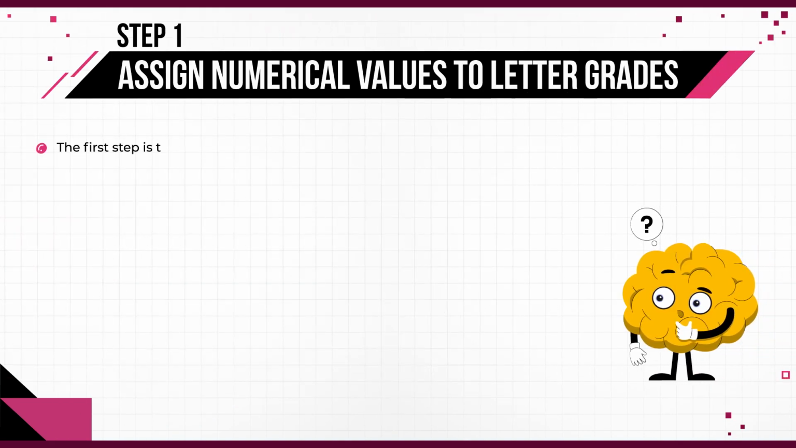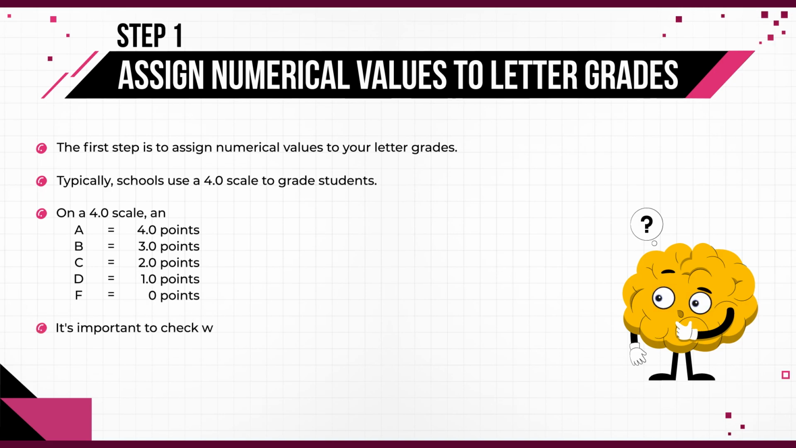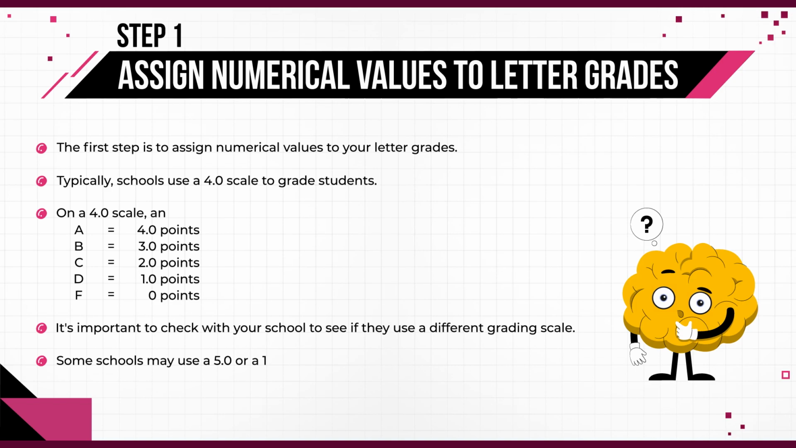The first step is to assign numerical values to your letter grades. Typically, schools use a 4.0 scale to grade students, where an A is worth 4.0 points, a B is worth 3.0 points, a C is worth 2.0 points, a D is worth 1.0 points, and an F is worth 0 points. It's essential to check with your school to see if they use a different grading scale. Some schools may use a 5.0 or a 10.0 scale, and the numerical values assigned to each letter grade may